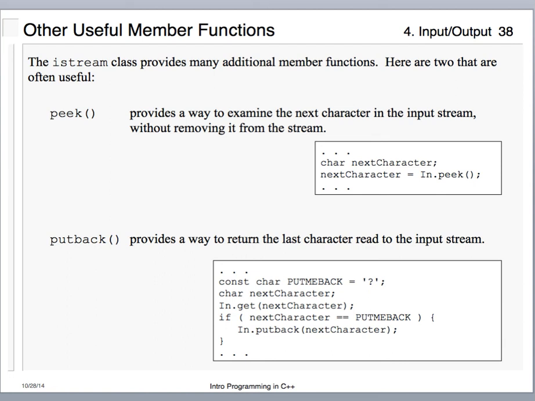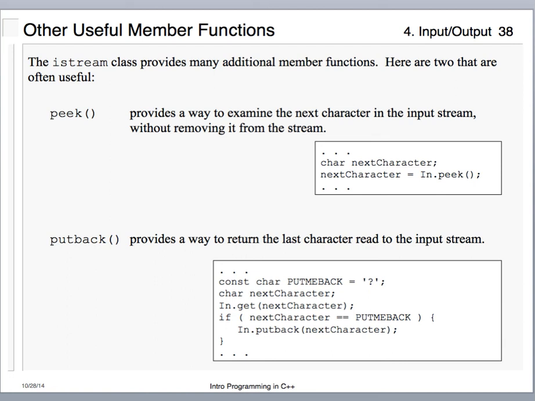If we had gone ahead and done a get, for example, we'd read that character instead of doing a peek, and then we realized after we read it that we needed to do some special processing, like maybe it was a special character like a question mark or something like that, then we can put it back, and put back is kind of like a rewind. Basically it says, rewind the file pointer back one character, put this character back into the stream, and then move the pointer back to where we're pointing to it again. So again, sometimes that's